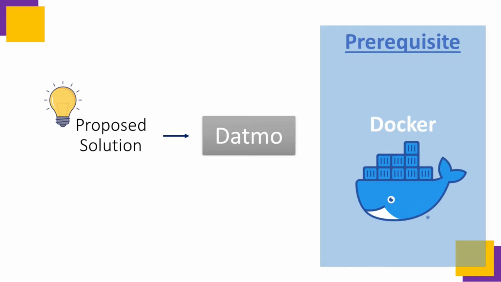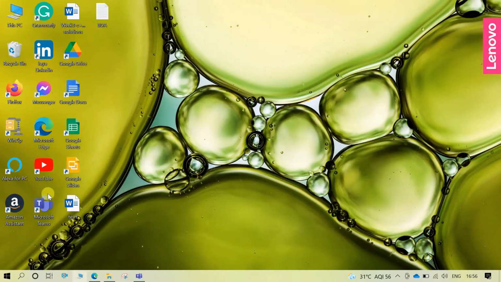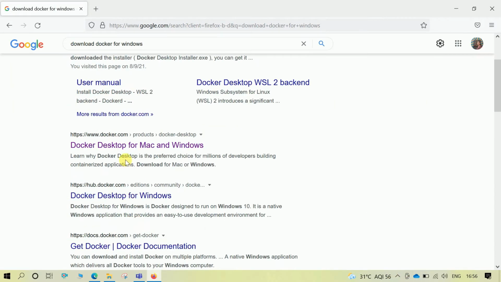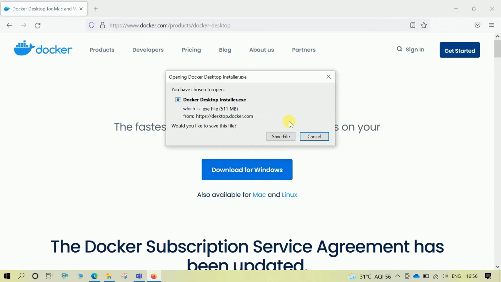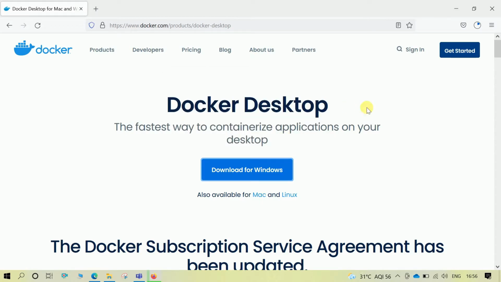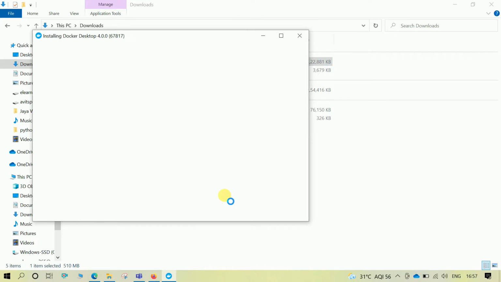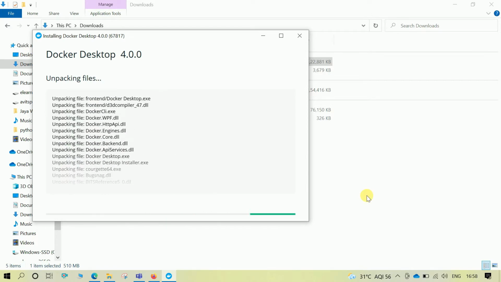In this video, we will set up our artificial intelligence and data science environment in no time. So let's start with a step-by-step process. First, we'll search for Docker and download it for Windows. I have a Windows machine, so I'll save this file. Then I'll go to the Docker file and double click it. It asks for configurations. I'll check both the options as yes. It will take some time during the installation.